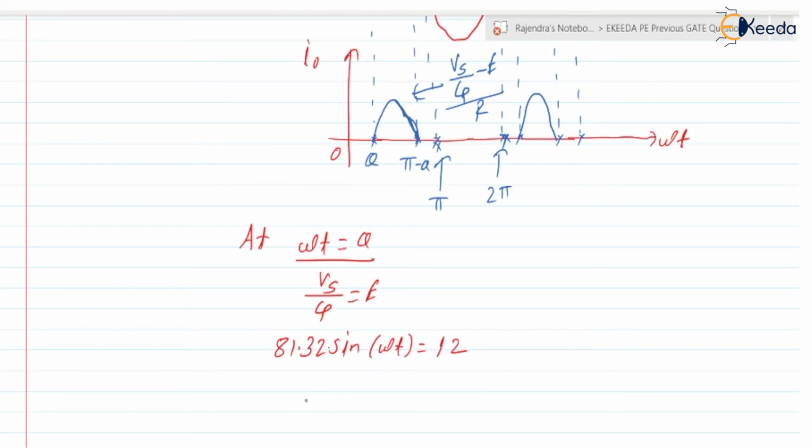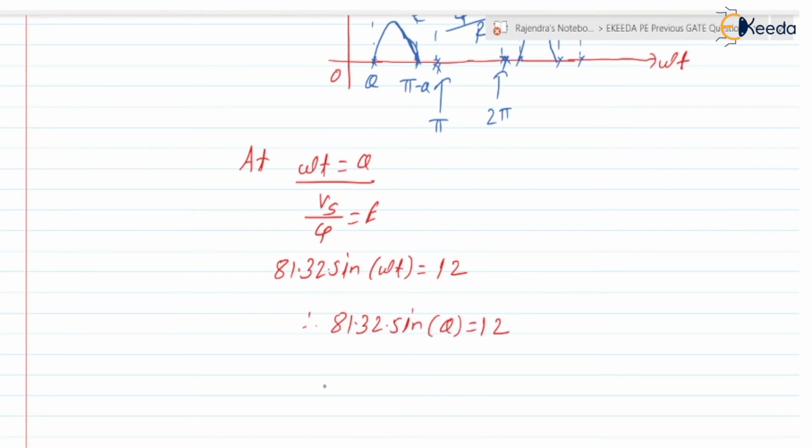E, that is 12. Therefore omega t is theta, so we can write 81.32 sine theta equal to 12, right? So therefore theta is equal to sine inverse of